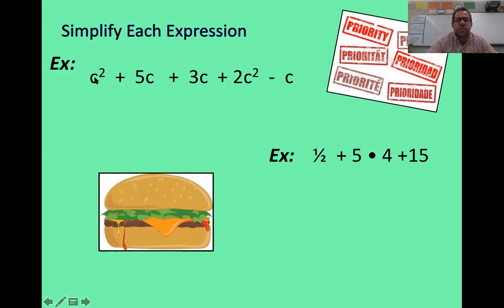Now, this C to the second, that's not the same as a C. There's an invisible 1 here, C to the first. This is not the same. This is like a double cheeseburger, right? Or a double-double. Okay, so when we combine or simplify these expressions, the first thing I want to look for